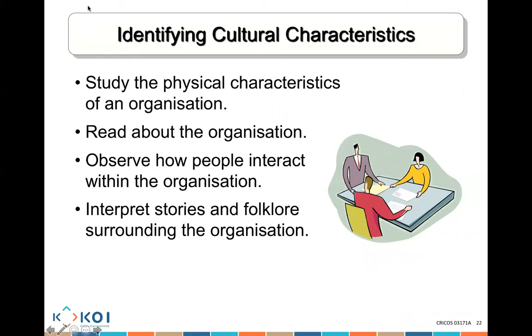So what are the actual characteristics that will help us to understand and identify the culture that is available in a particular organization? Well, ladies and gentlemen, we have the physical characteristics of the organization, what we look like. For example, if you look at the actual offices, and they are very funky and very new and very innovative, that tells you what sort of culture that organization has. You can read about the organization to understand what sort of culture they have and what they value. You can see how people deal with each other. How do they talk to each other?